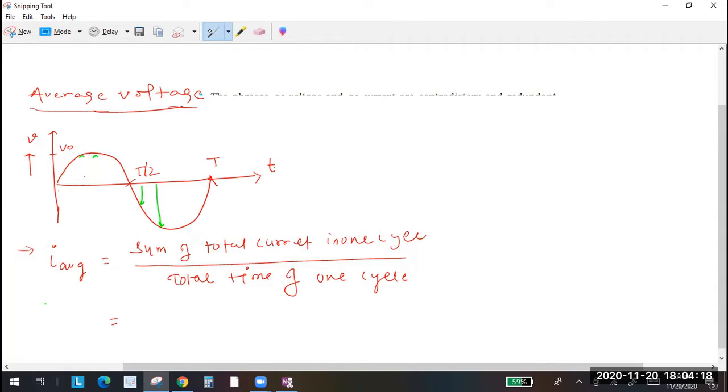For example, if one brilliant student says that I will break this whole part into 10 parts and then find out the area, let's suppose he finds 10 centimeters square. Then another brilliant student comes in your class and says, if you got 10, I will break this into 100 parts. In which case will accuracy be better? The second case, right? And he says that the area will be 10.45 centimeters square, let's suppose.